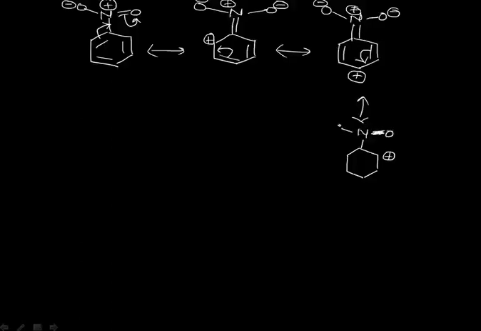Single bond O, this is negatively charged, and this is positive. The rest of the double bonds remain as such. We have a new carbon-carbon double bond here. At last, we have neutralization of this positive charge on O minus, and we get the formation of